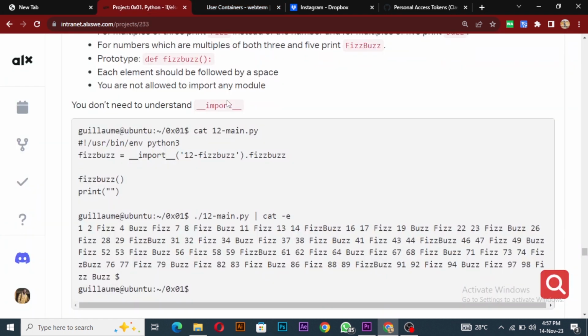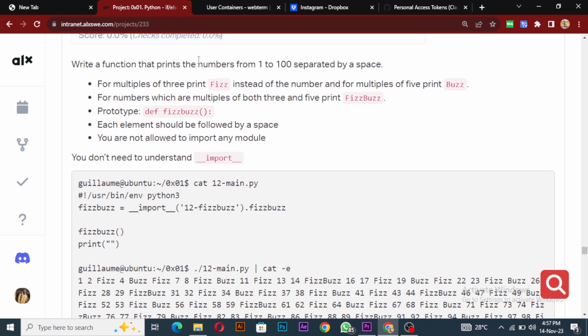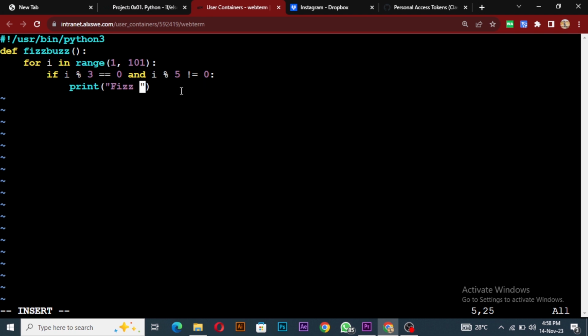So if it is a multiple of 3, you should print fizz instead of the number. So you should print fizz at that point, and then you should end it with no new line, because it's going to continue. So end equals no new line. Alright, so